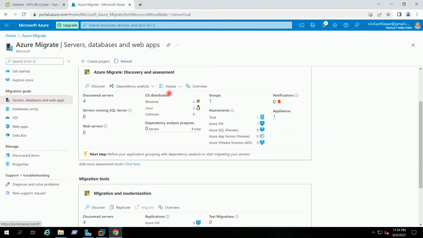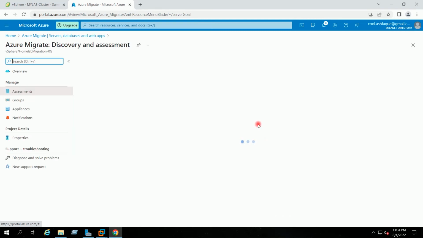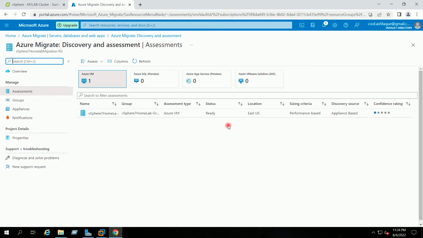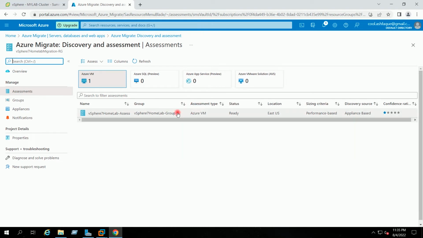I will go back and below the assessment I will click on 1 in front of Azure VM. So this is our assessment name and our assessment group name. And the status is showing as ready.